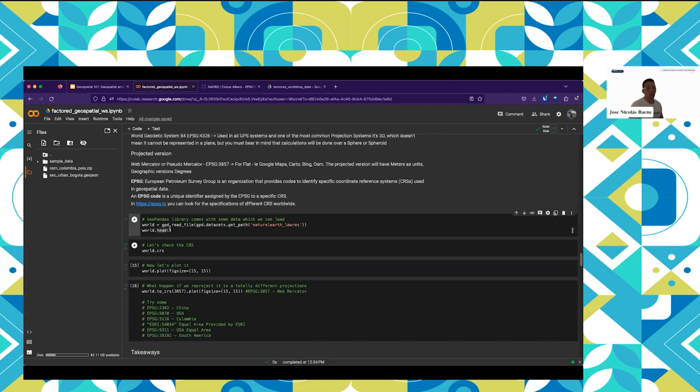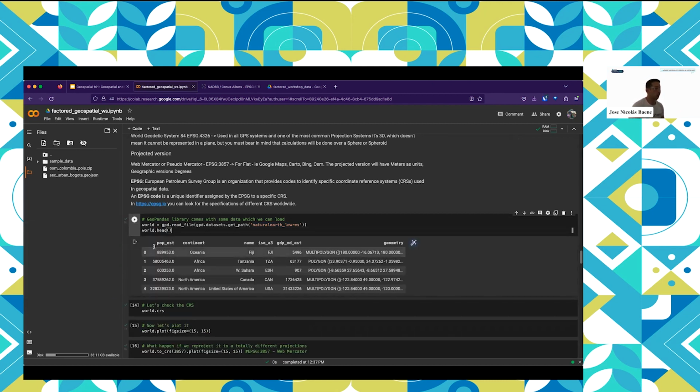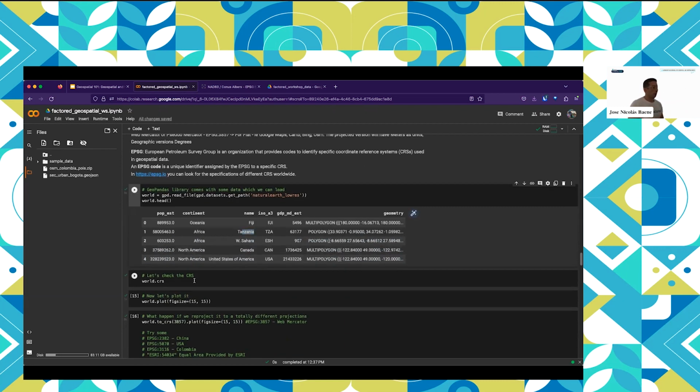And I wanted to show you, so right now we're going to start using GeoPandas, and GeoPandas comes with some data already loaded. So we are going to load that layer from GeoPandas and inspect it. This is a world layer. So essentially we have the population, the continent, the name of the country, the ISO coding, GDP information, I don't know up to what date, but GDP, and then the geometry. You remember I told you about our column, the geometry type. So here it is. You will see we have some multi-polygons, which of course, because Fiji is multiple islands, so you have multiple polygons, but for example, Tanzania is just one polygon. So yeah.